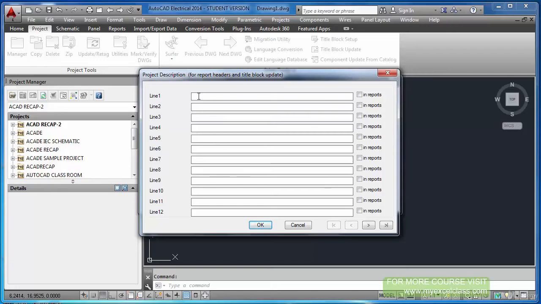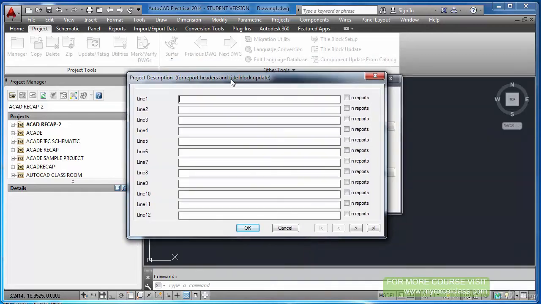I'm not going deep into this because it is useless if you don't know what this stands for. You can type a few descriptions about your project, like AutoCAD electrical tutorial project manager, which will come in your reports too. I'm just clicking this, so don't get confused.